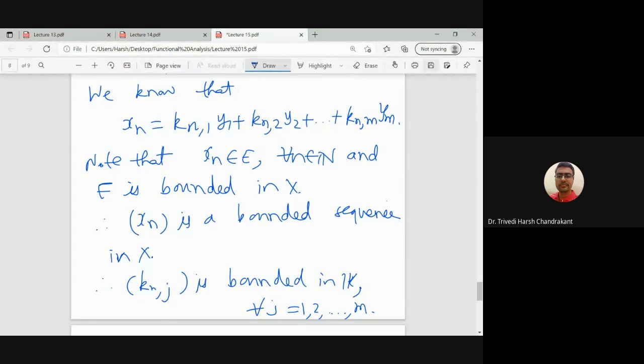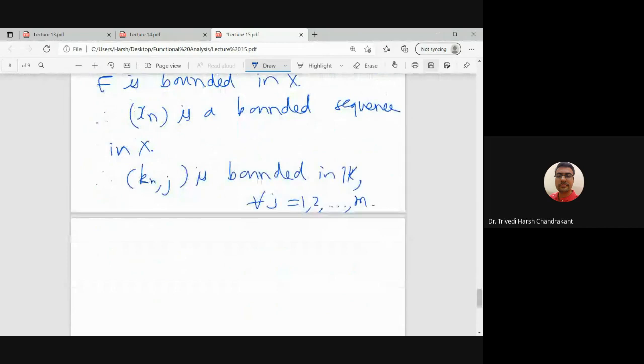Okay, so each of these sequences is bounded, and then we know that by the Bolzano-Weierstrass theorem,